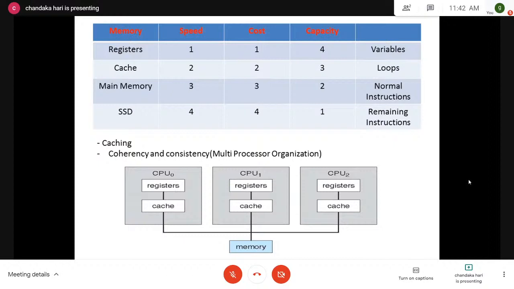So that's why it is going to be called 90 to 10%. In order to execute 90% of the instructions, it will take only 10% of the total time. In order to execute only 10% of the instructions, it will take 90% of the total execution time. So this is called locality of reference. Such loops or subroutines are placed in cache memory. And coming to the third one, normal instructions are placed in main memory and all remaining instructions are placed